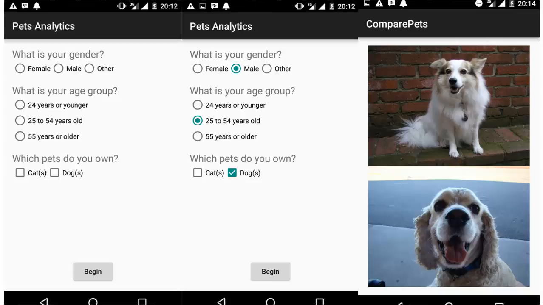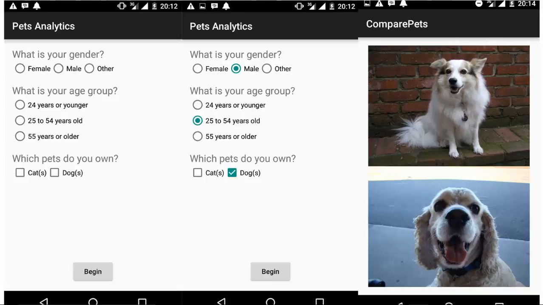We'll be talking about the Google Analytics SDK, how to integrate Google Analytics into an already made Android application. So we'll be talking about an application which is basically about pets, cats and dogs. It's going to check a random selection on which type of pets you like most. It's going to pick up the data and get the click from each selection that is made